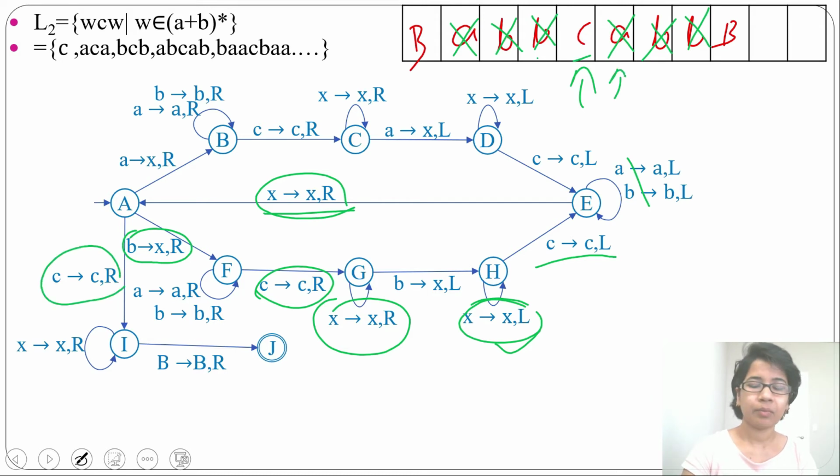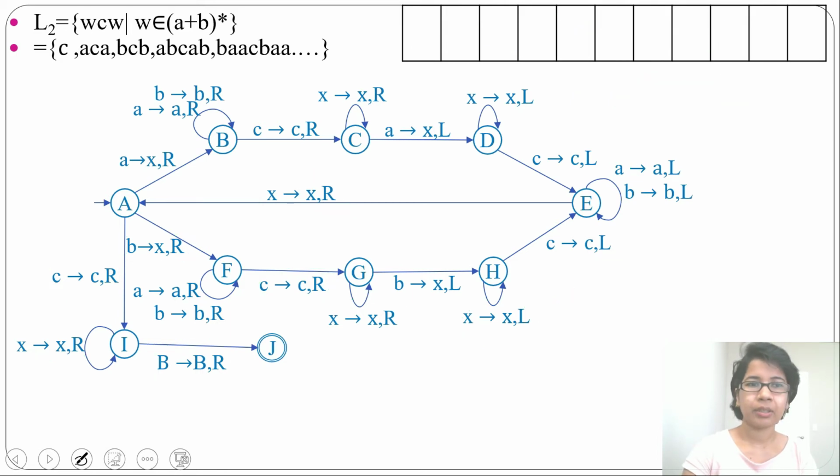So it may see some more X. X will be X and it will move right. Then move right. Then it will see blank. Blank will be blank and it will move right and accept. So this string will be accepted by this Turing machine. This was WCW. That's how you can easily identify which one is the middle point and we can compare.